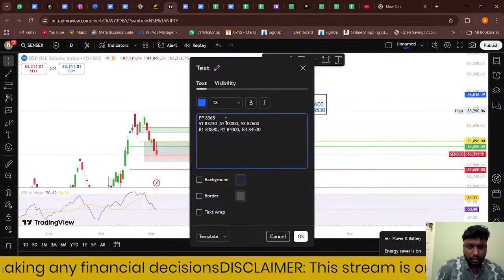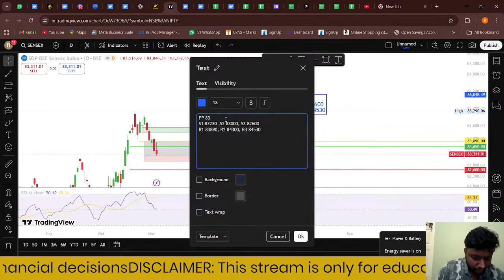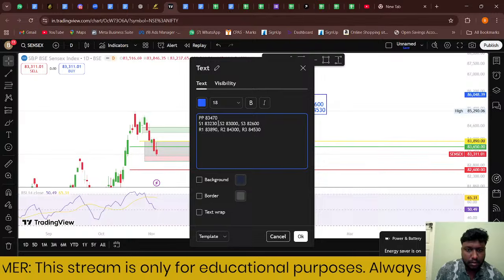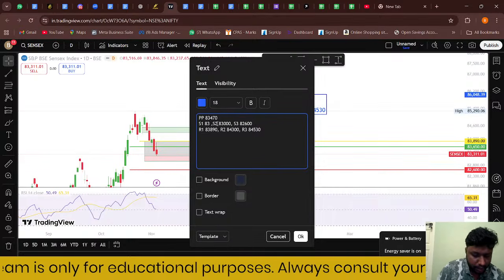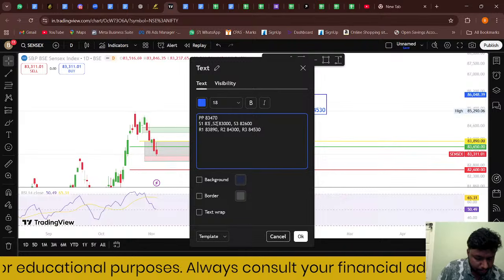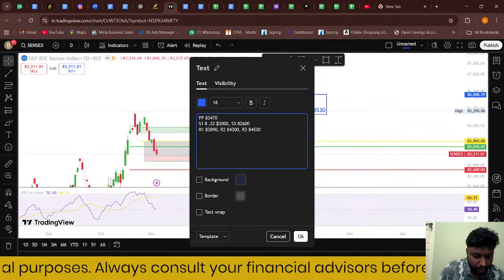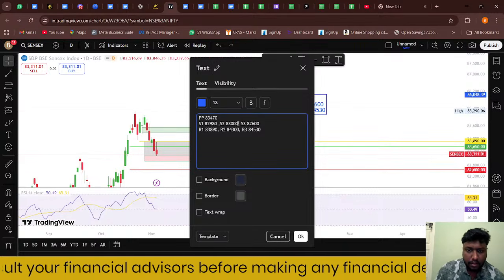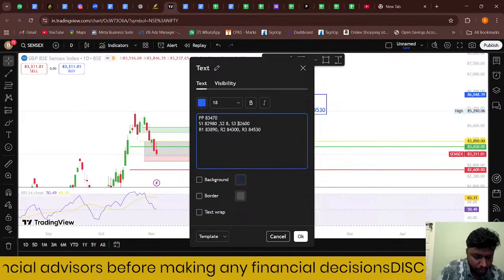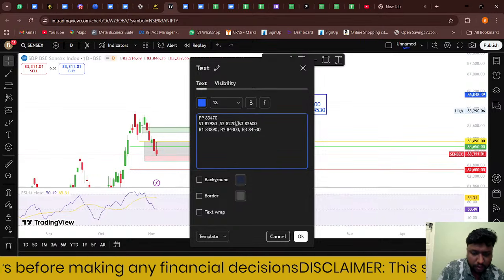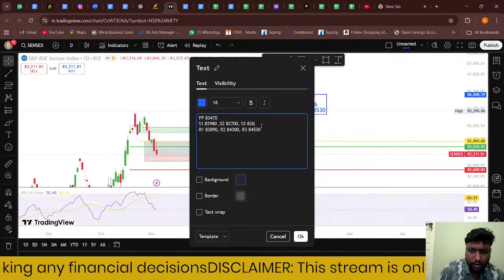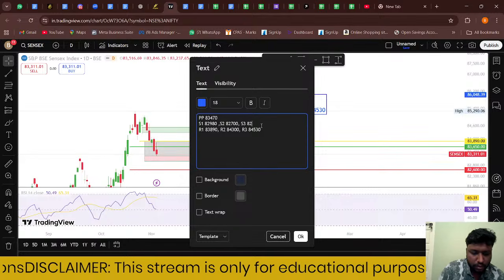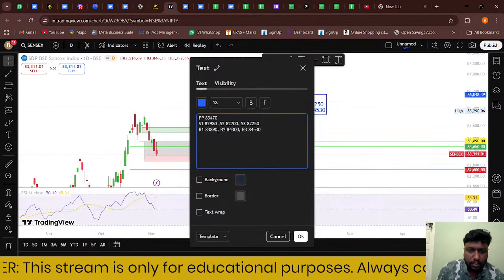With respect to Sensex, the pivot point is at 83,465, 470 we can give with respect to this, and S1 will be at 82,980 level, and S2 will be at 82,700. 82,700 will be the S2, and S3 will be at 82,250. 230 we can go, 250 we can consider. 82,250 will be the S3, and with respect to the resistance,